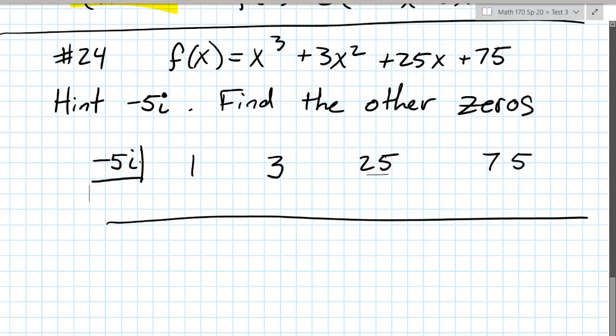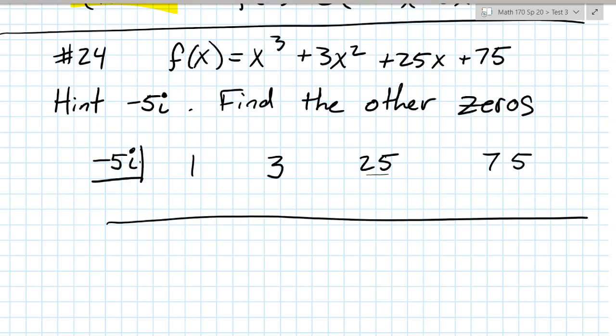In this next problem, our goal is to find the zeros of the polynomial. The problem gives us a hint that one of the zeros is negative 5i. Unfortunately, this is an imaginary number, so it's going to make the problem a little bit harder. We should probably space out the coefficients of our polynomial, since now we're going to have real and imaginary parts